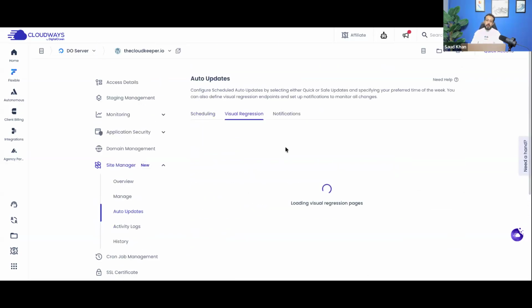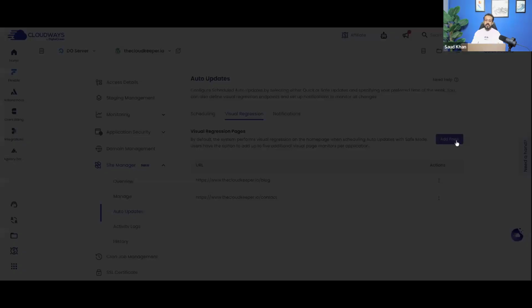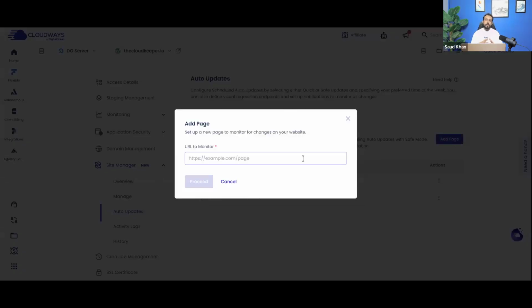Other than that, you have a visual regression cycle where you can add multiple pages, up to 5 pages. So whenever the auto update or the on-demand update is run, these pages of your website will be taken care of. VRT, basically visual regression testing, will perform all the pre-snapshot and post-snapshot checks on all these page URLs that you have defined in this area. And let's say I can define,